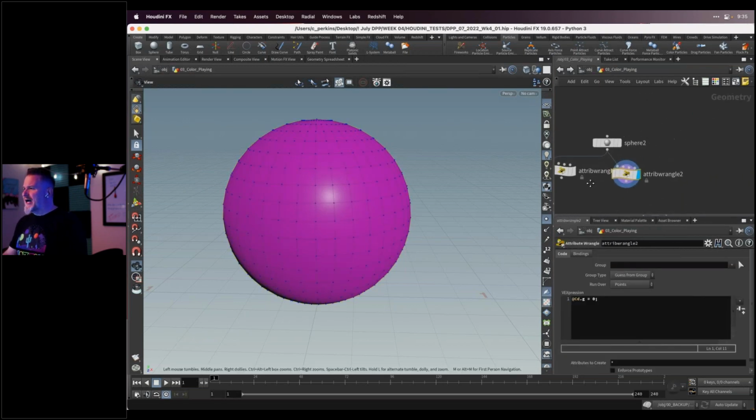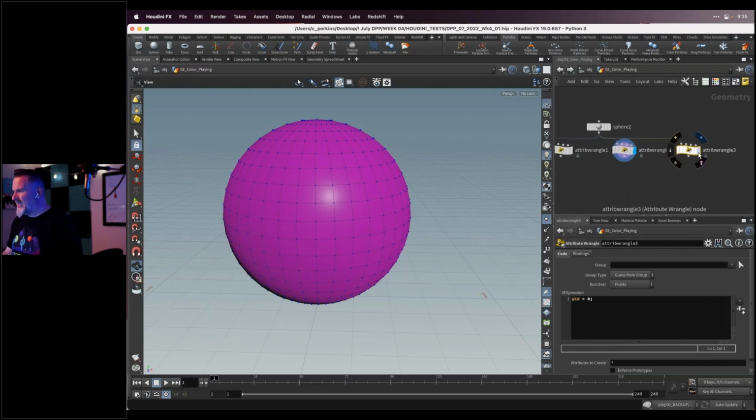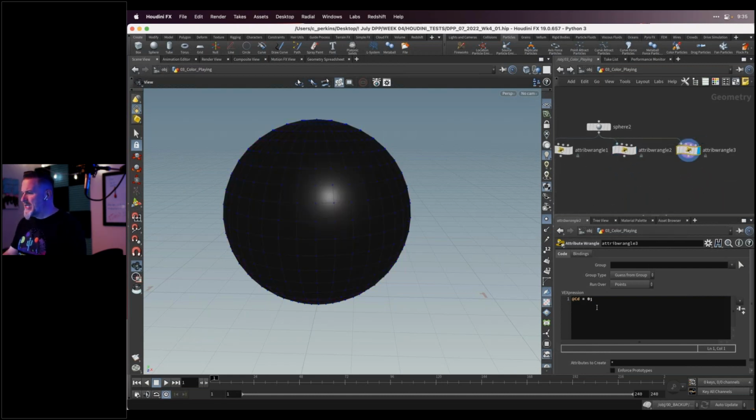Okay, let's do this. And we'll just get a little brief taste of some of the power here. I'm going to copy again the original attribute wrangle, and we'll set the render flag on that. We could start doing some pretty interesting stuff with this.